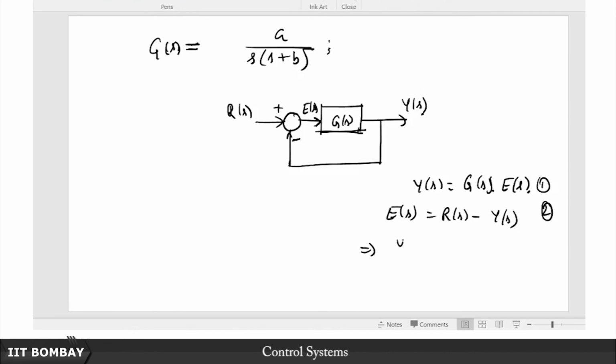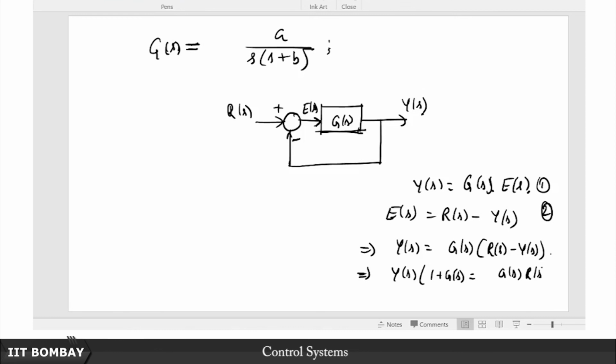If you substitute, you will get Y(s) is equal to G(s) times (R(s) minus Y(s)). Therefore we get Y(s) times (1 plus G(s)) is equal to G(s) times R(s),